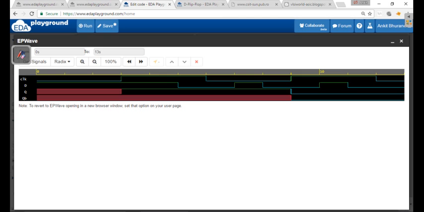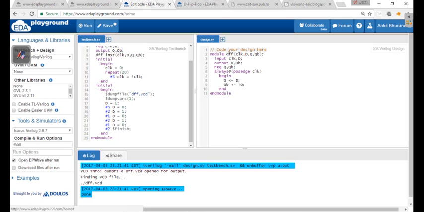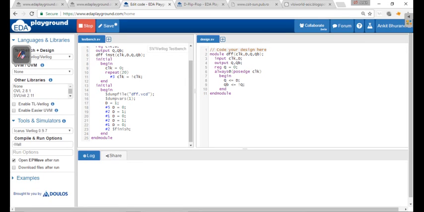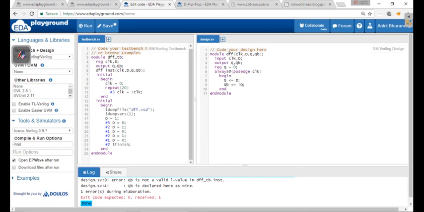How can I avoid this unknown state? I can specify the initial value of Q and Q bar. How can I do that? See here in the reg itself, I can specify Q initially to be 0. QB you should not define, because for that you will have to use the assign statement and all. Okay, let's run this. Oh, I'm getting an error. QB is declared as a